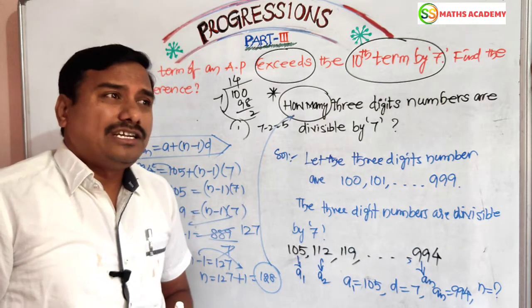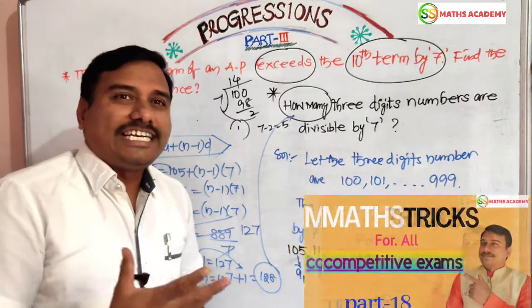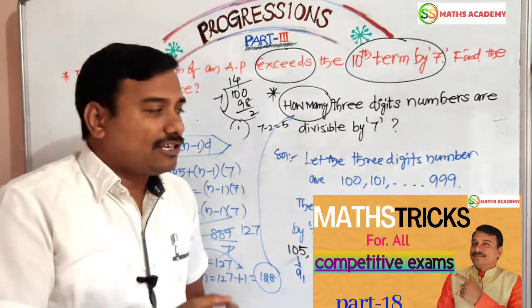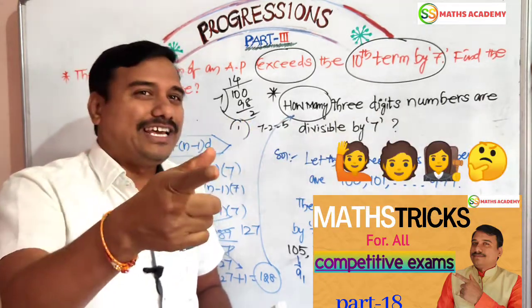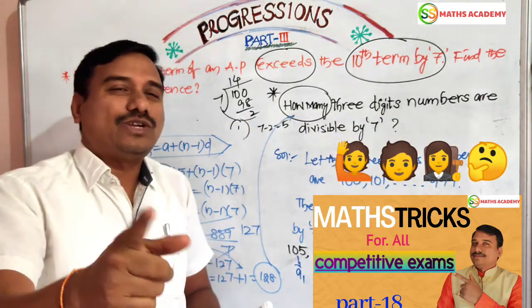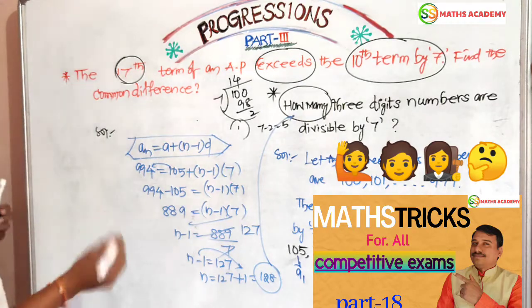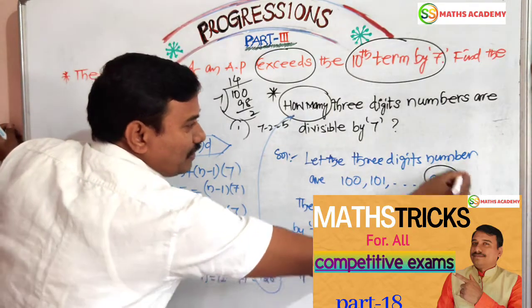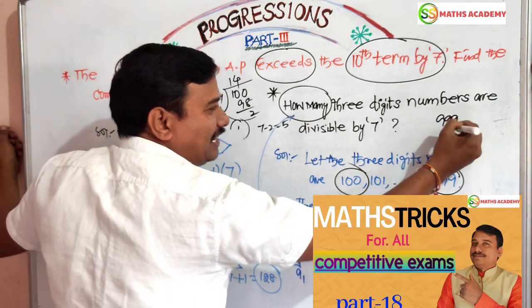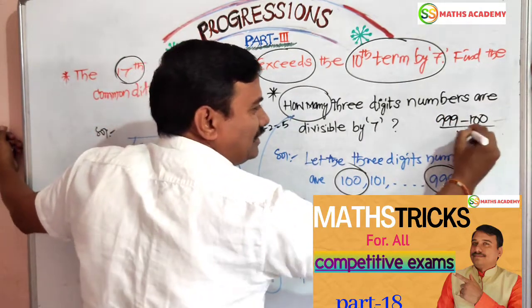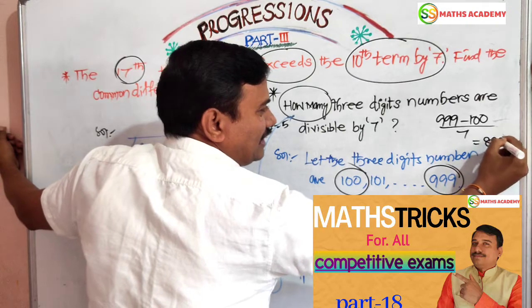Okay, dear friends. Now in the entrance corner, in Polytechnic or APIs, whatever it is, we have to do this question in the easiest manner. That technique I will also tell you today. That is specially for my dear students. Let us see. Here, what is the last number? What is the first number? Last number 999, first number 100, divided by 7, nothing but 899 by 7.